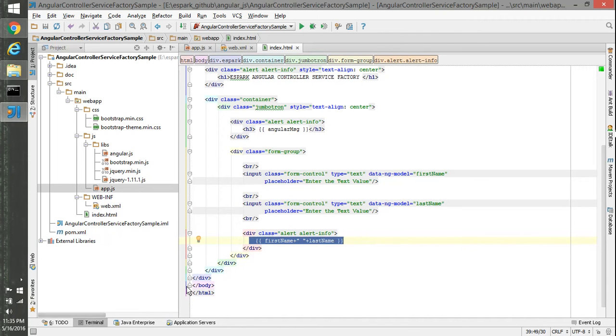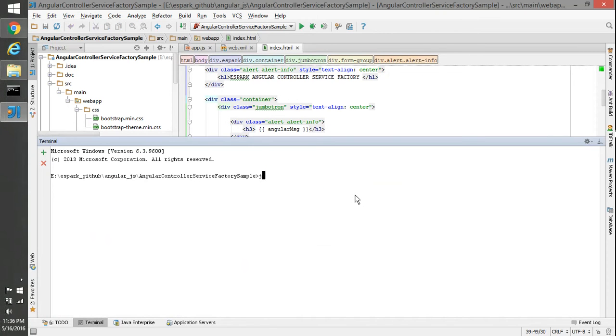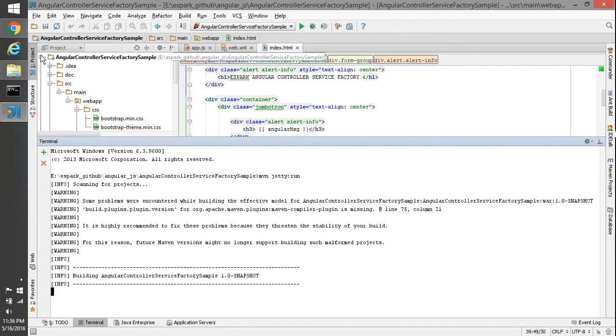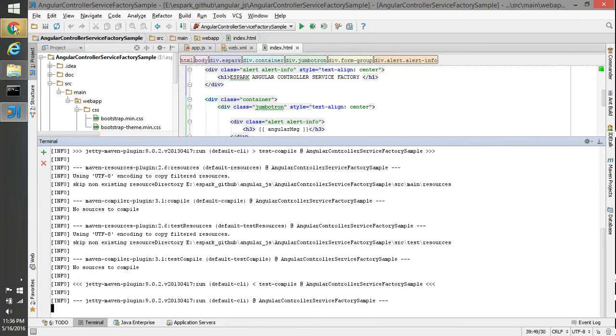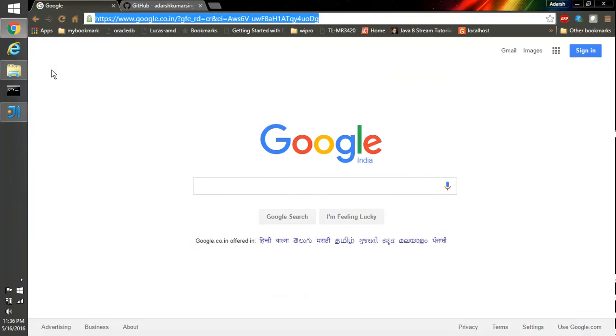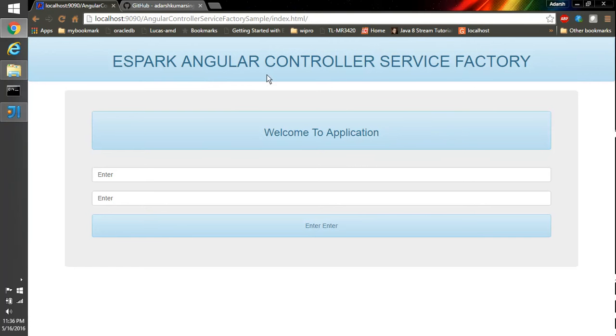So let's see how this application looks like. So this is how the application looks like.